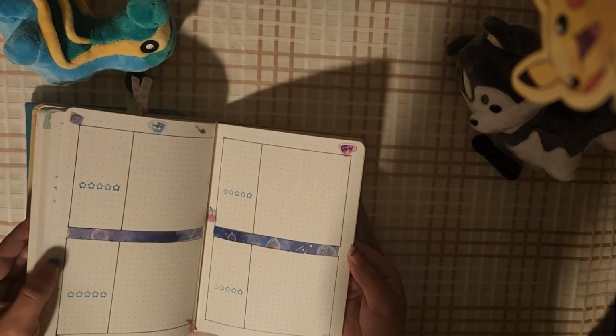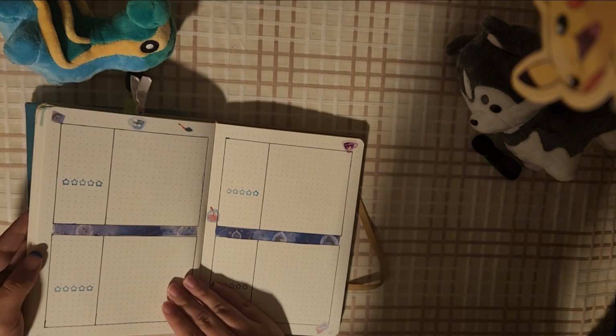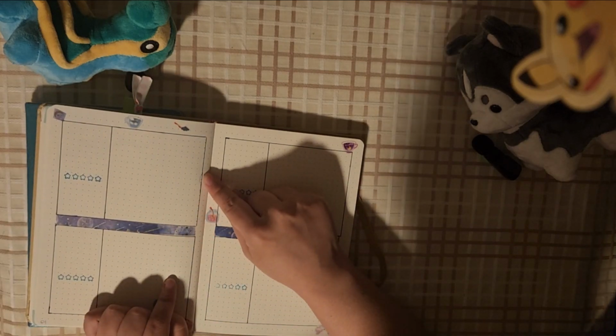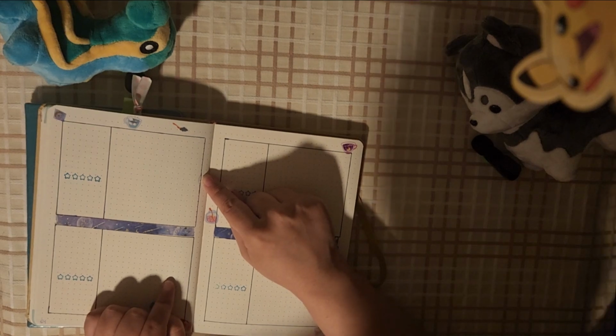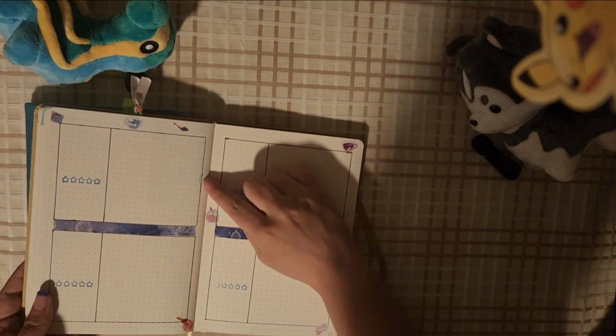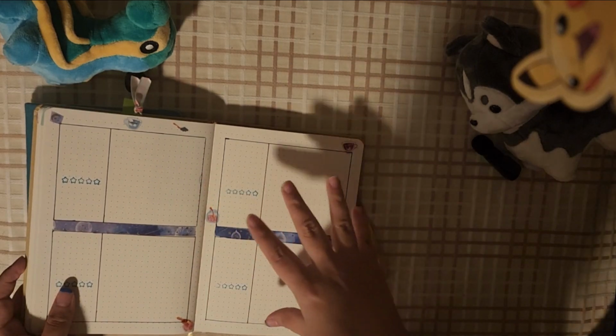Where are you? I had a couple of instances where I used the same pen and I tried to cover up with the Signo white pen, and it just sort of turned to blue and didn't actually cover it up. And I don't know why, because that pen has worked before to cover up this ink, and I don't know if it's the page